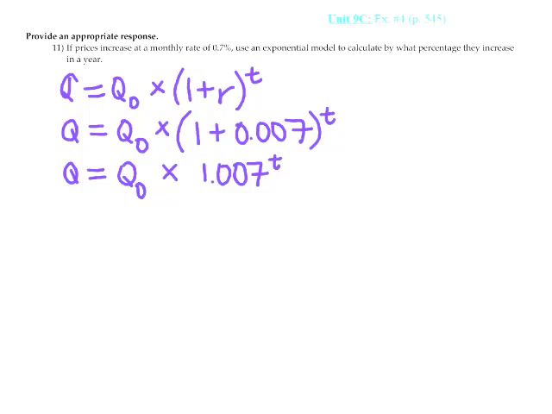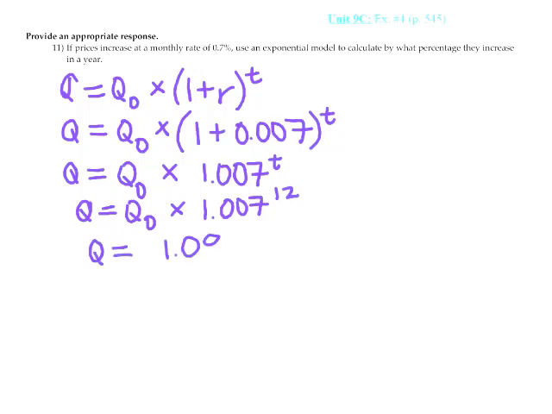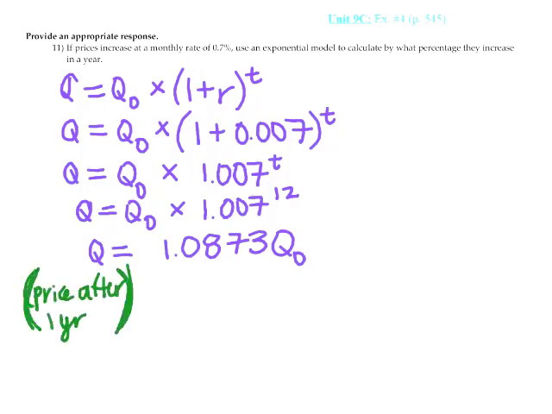They ask us to calculate what percentage it will increase in a year. So we have Q equals Q naught times 1.007 to the 12th power. When we evaluate that in the calculator, we will get approximately 1.0873 times Q naught. Okay, and remember, to recap, Q is our price after 1 year, and Q naught is